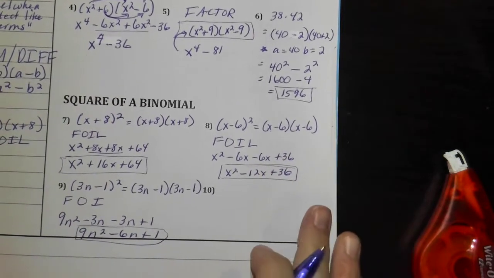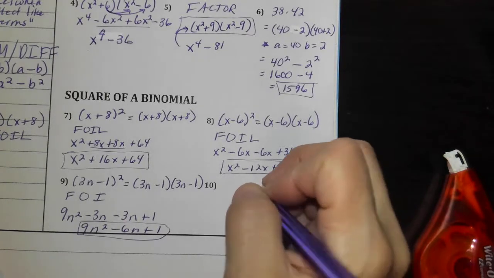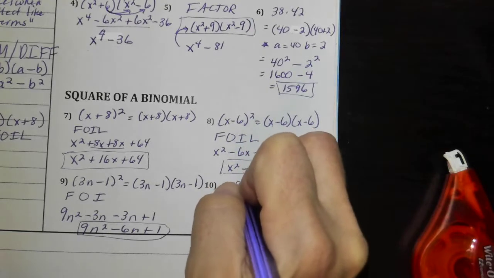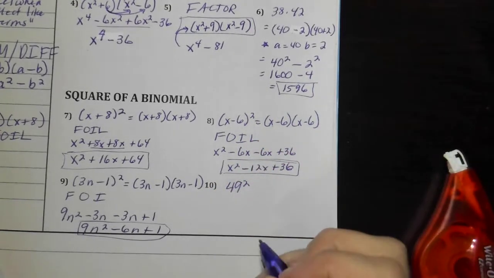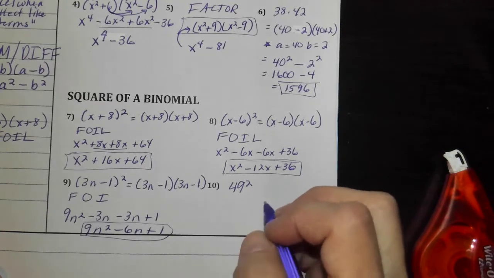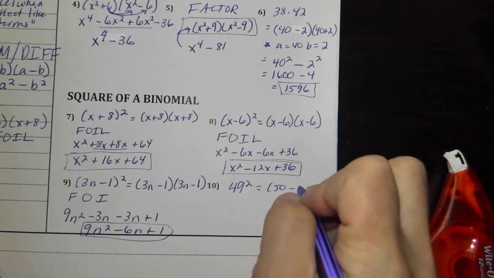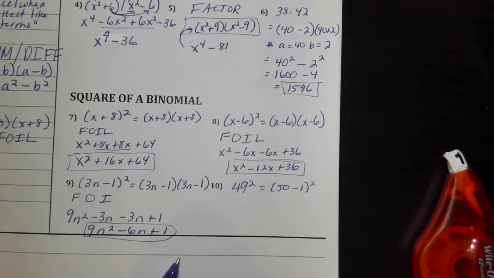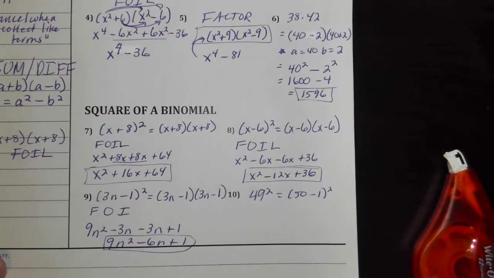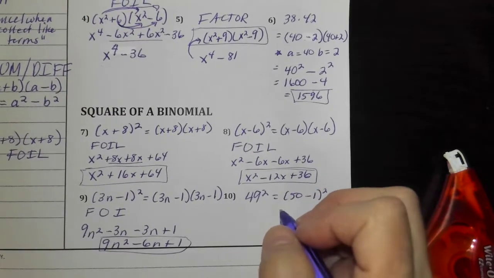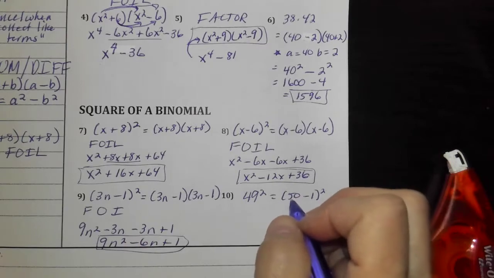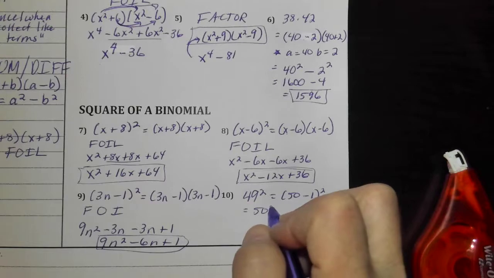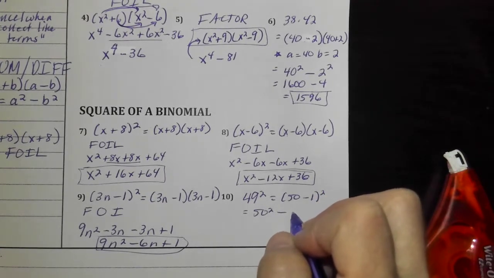And last but not least, we're going to look at 49 squared. Let's say you just have a plain old number and you're going to square it. How can we do it in an easy mental math way? Well, 49 is really close to 50. So I'm going to rewrite it as 50 minus 1. And if I do that, let's see here, I can probably take 50 and square it, which is the A term, and the negative 1,